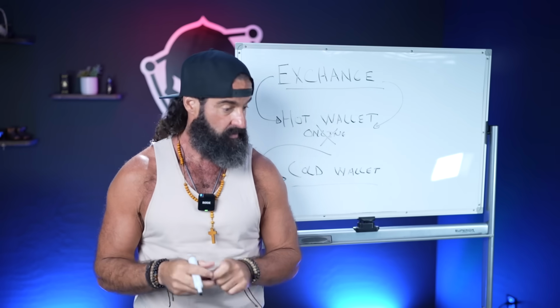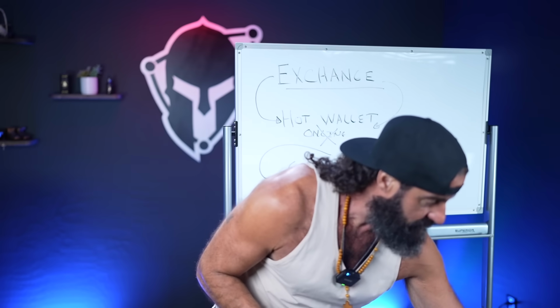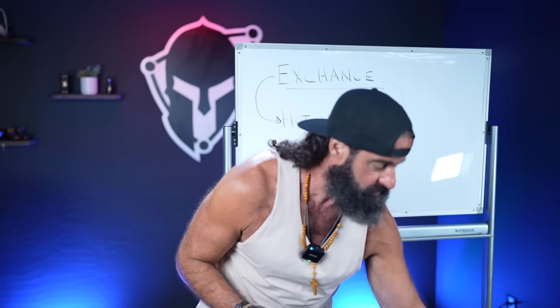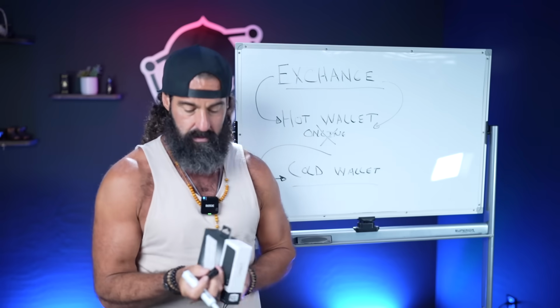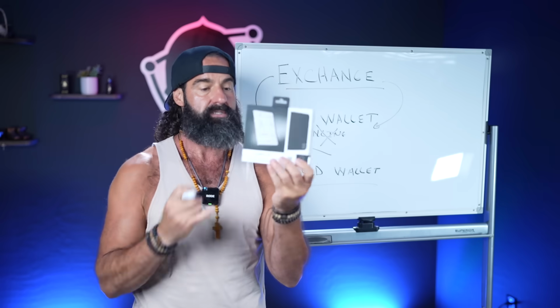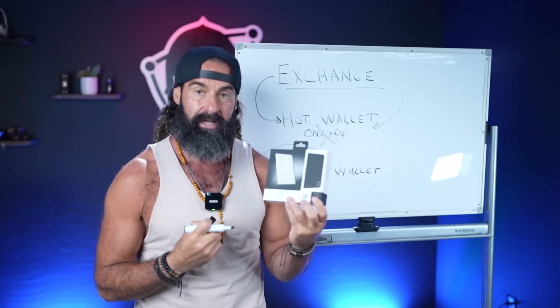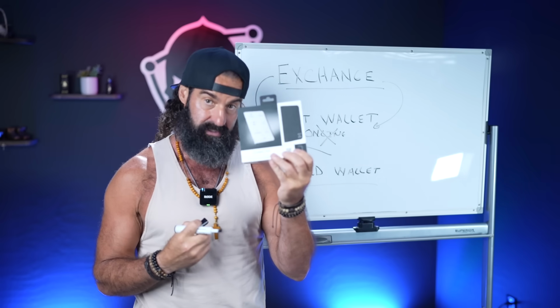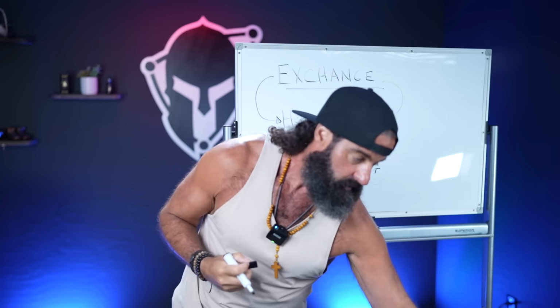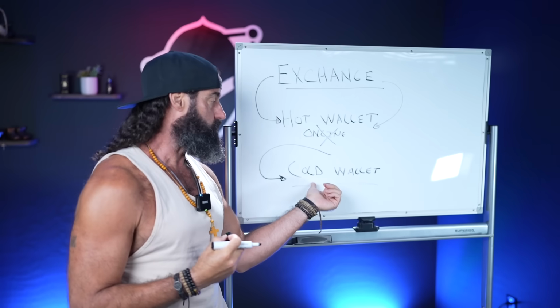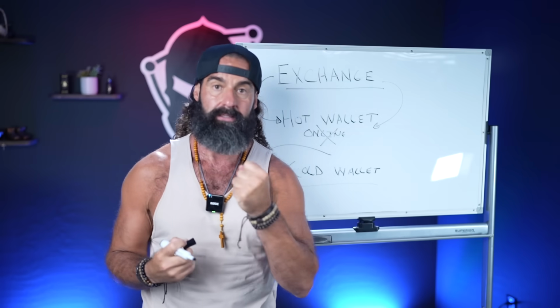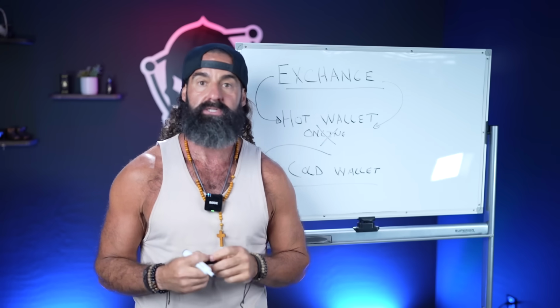I want to be very clear, I actually have one right here. Ledger, okay? This is an example. This is a Ledger Stax, okay? This is an example right here. So this is called Ledger Stax. They have Ledger Nano. They have many different ones as well. So this is an example of a hard wallet, excuse me, a cold wallet. So the cold wallet is actually in your hand. Okay, it's off the exchange, it's offline.